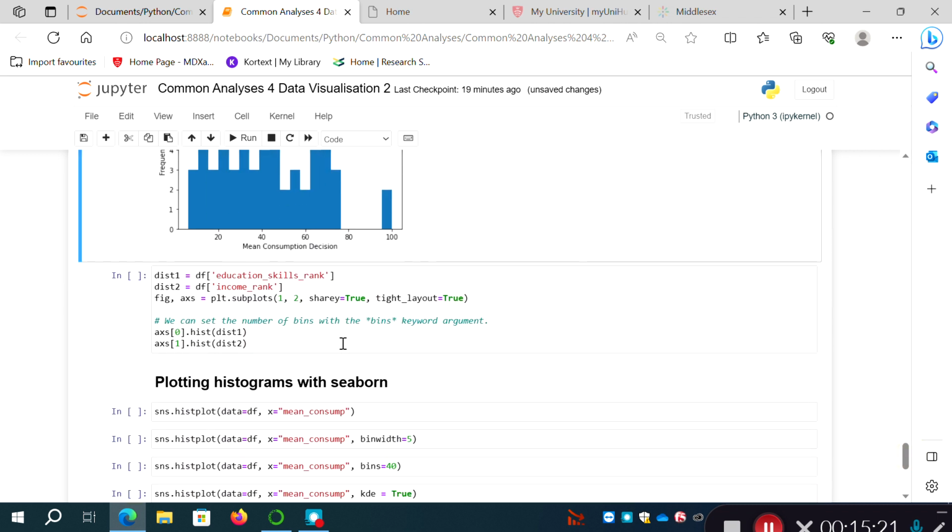And one other thing is we can create small multiples, we might call them. So we can create grids of histograms next to each other. All I've done here, for no particular reason other than to demonstrate,